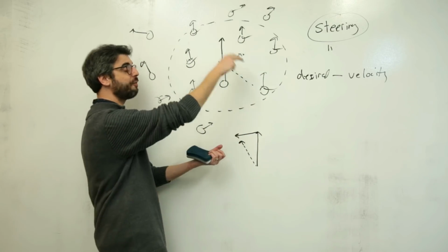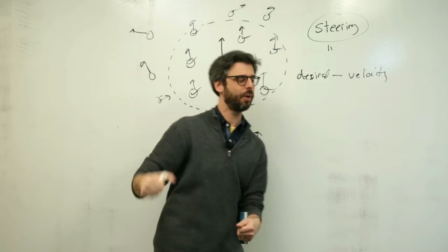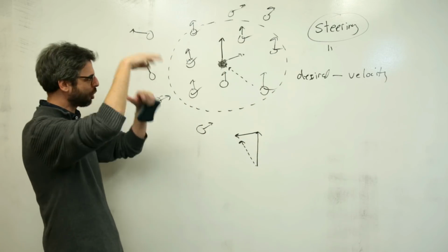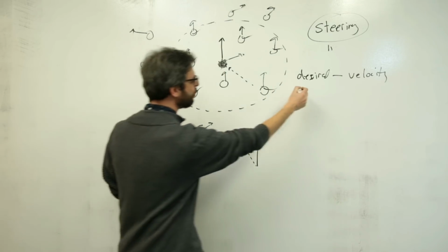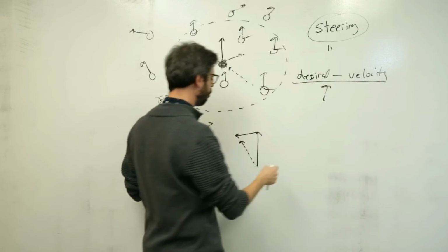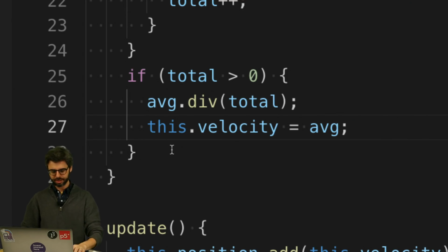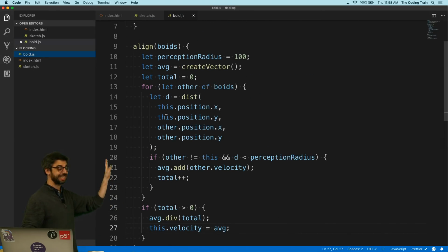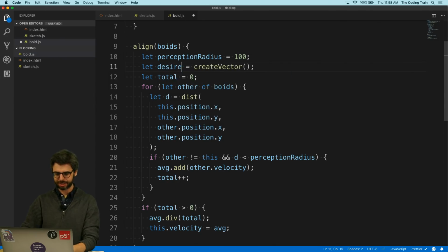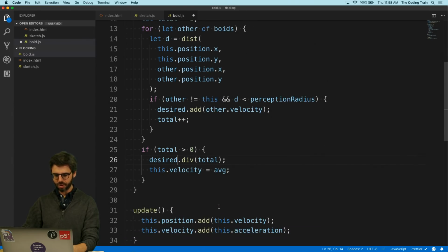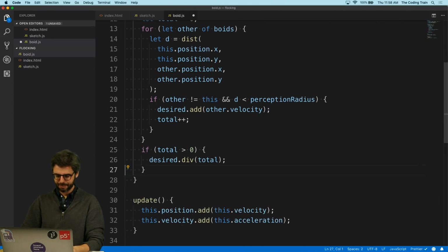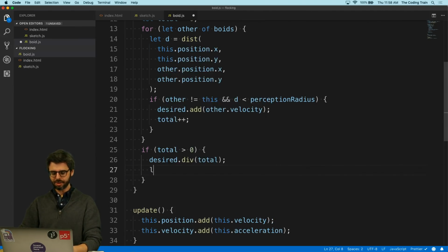So apply a force. Maybe I'm going to turn the steering wheel. You could think of these as bees or cars or birds or whatever. But this formula, desired minus velocity, will give me the steering force. And what is the desired velocity here? The desired velocity is actually that average. So I'm going to rename this to desired. And I'm going to add it up and divide by total. And then I'm going to say this dot velocity equals, no, I'm not going to say that. I'm going to say steering equals,